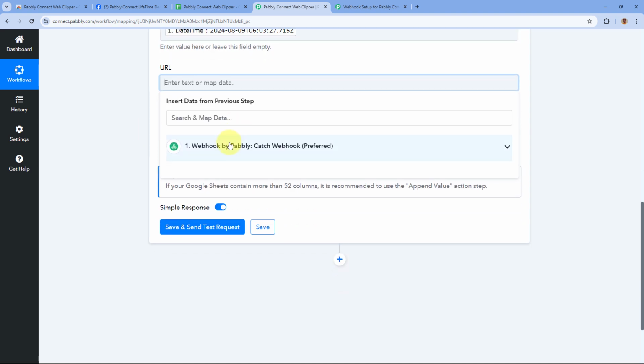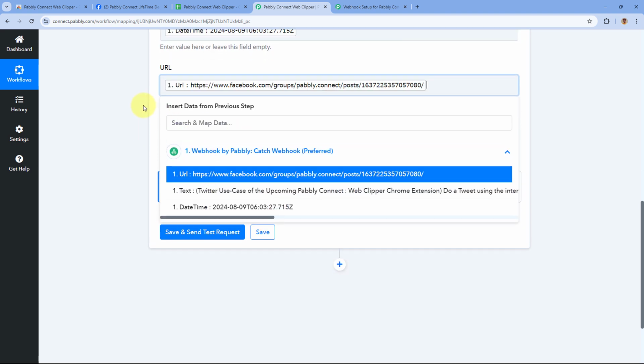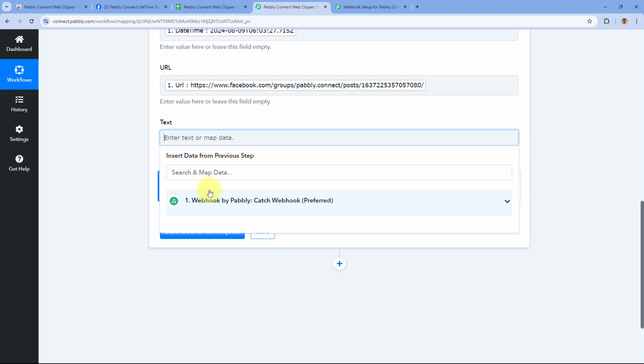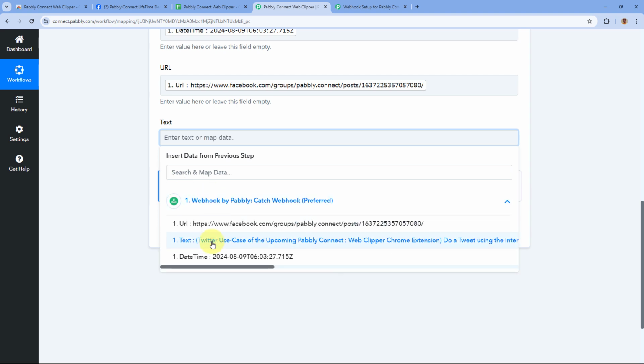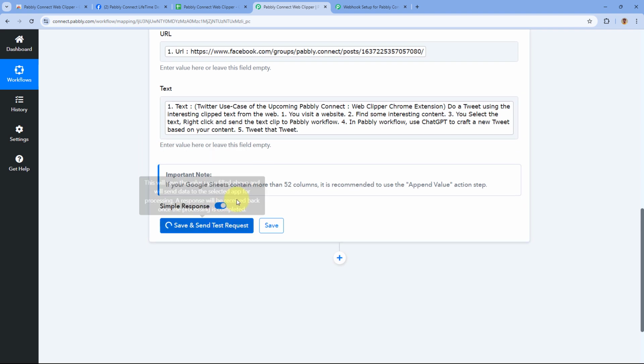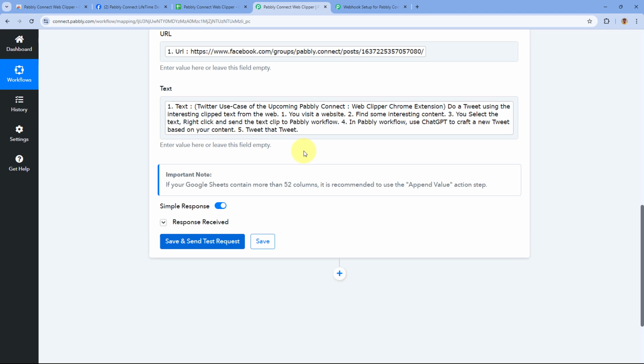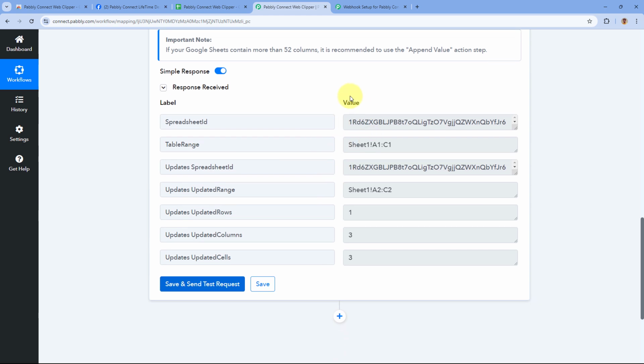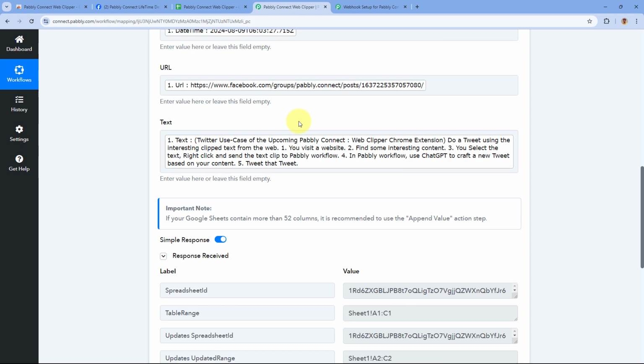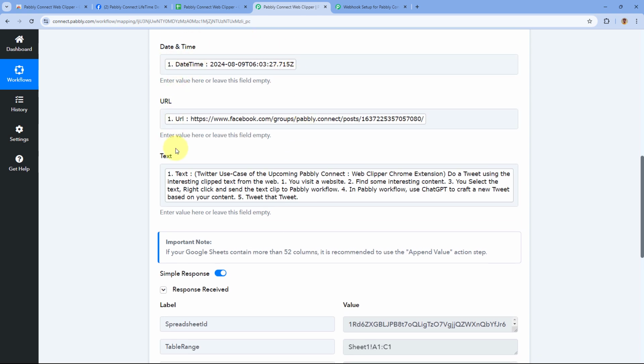Then after that, here in URL from the drop down, select the URL of the page from which we have received the text. And here in text, we are going to select the actual text response over here. And then just click on save and send test request. Now, as I click on save and send test request, here you can see we have received some response, and this response seems to be a positive response. This response shows that the data which we have mapped over here, basically all of these details, are now added